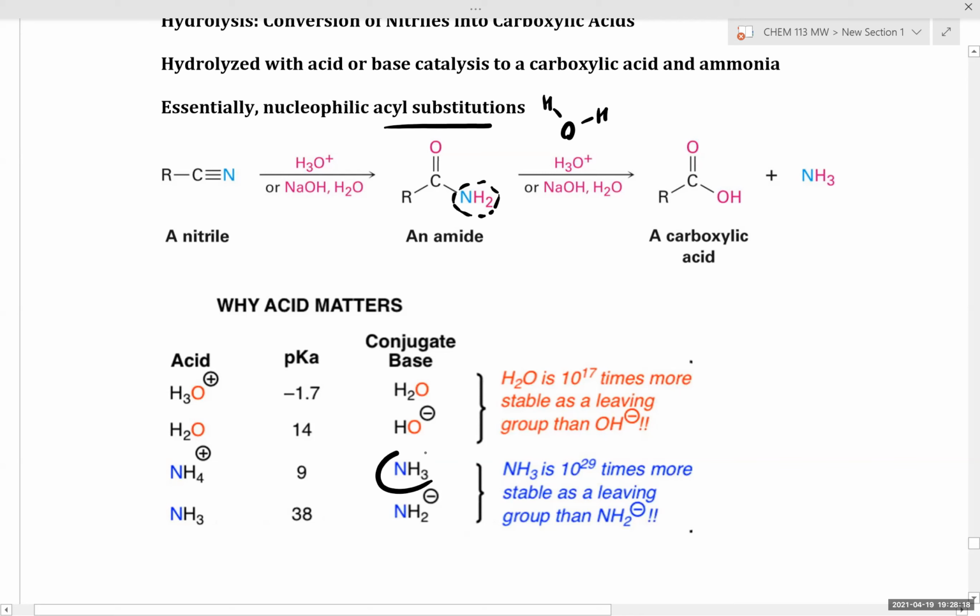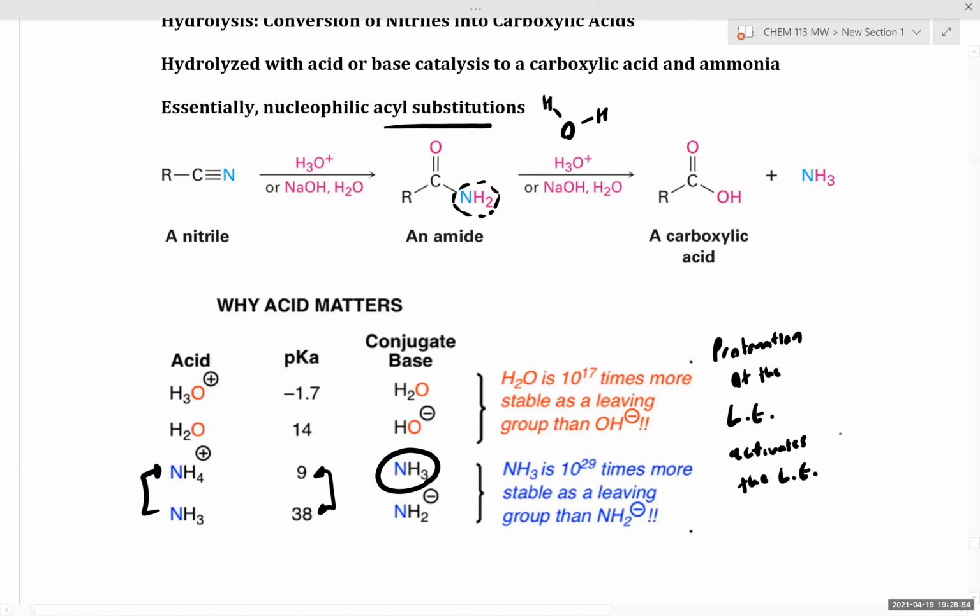However, our real leaving group is not the amide anion. It is ammonia. And if we compare ammonia to an ammonium salt, and we look at these pKa values, what we notice immediately is that after protonation, when we protonate our leaving group, protonation of the leaving group activates the leaving group. So, especially when you're trying to hydrolyze an amide, where you don't want to kick out an equivalent of amide anion,